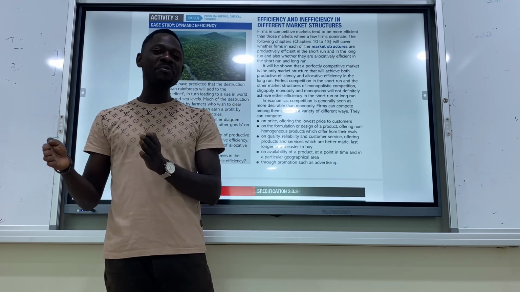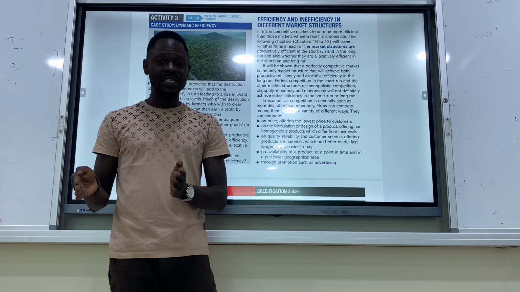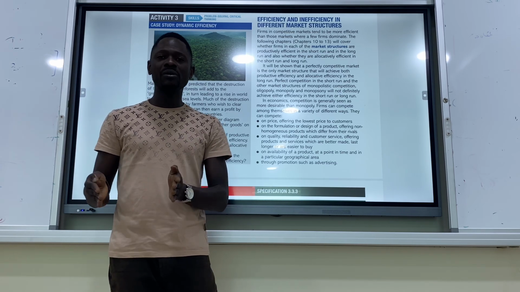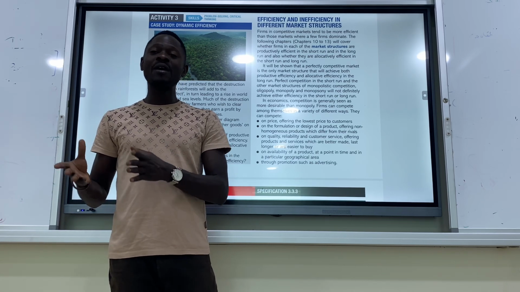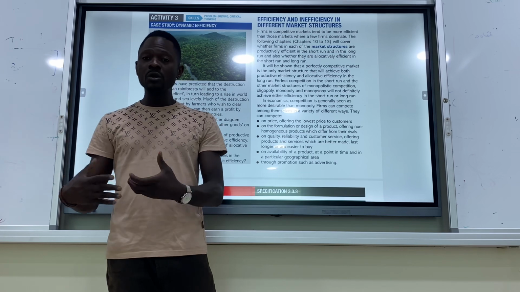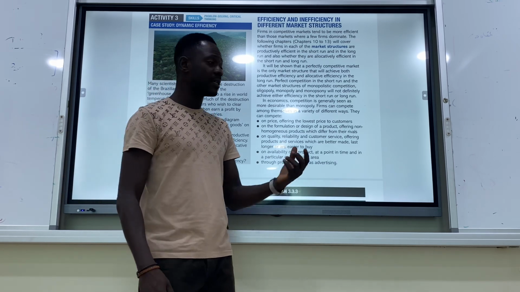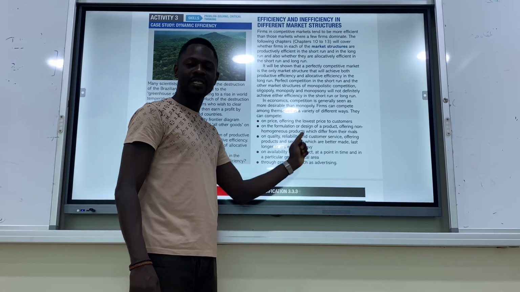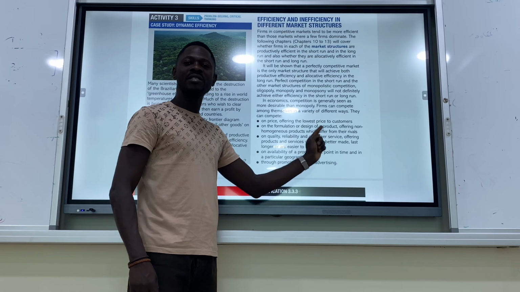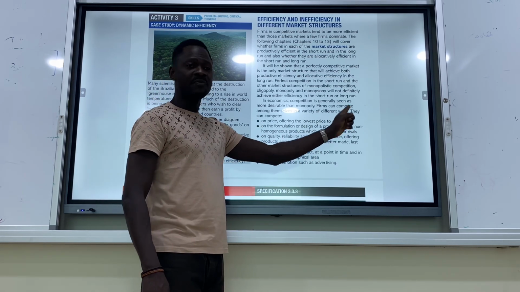So selling at an affordable price would mean that the firm or the business is productive efficient. The firm is able to reduce its average cost of production. Being able to reduce your average cost of production as a firm will allow you to sell at a lower price, and you become more competitive in the market. So that's the first reason, on price, to be able to sell at a reduced price to customers, because customers are always price conscious. And that will be achievable through productive efficiency.